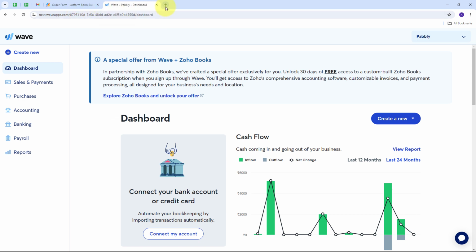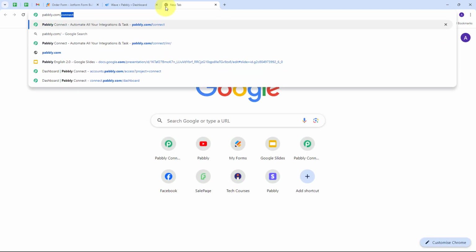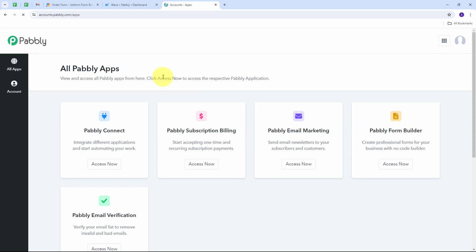And for that, I need to open a new tab and search for pabbly.com/connect. It will take us to this landing page of Pabbly Connect. Here we have two options, sign in and sign up for free. If you don't have an account with Pabbly Connect, you just have to click on this sign up for free button, and it will take only 2 minutes of your time, and you will get 100 tasks free every month. Or if you already have an account, you can just sign in and you will get to see this